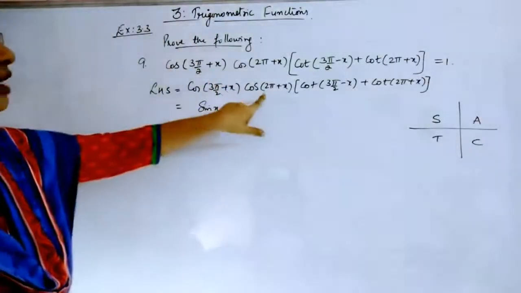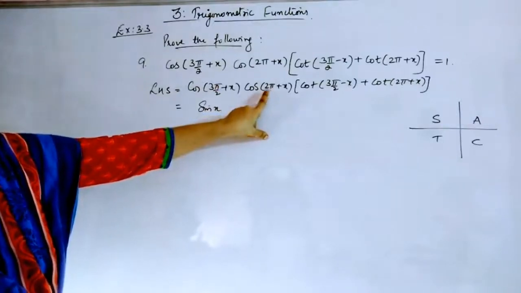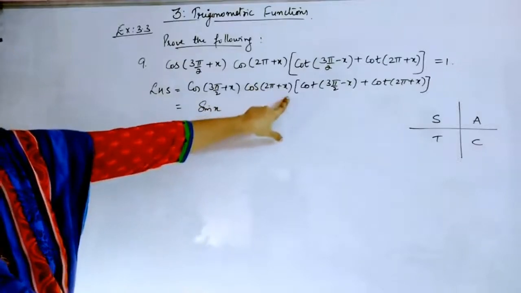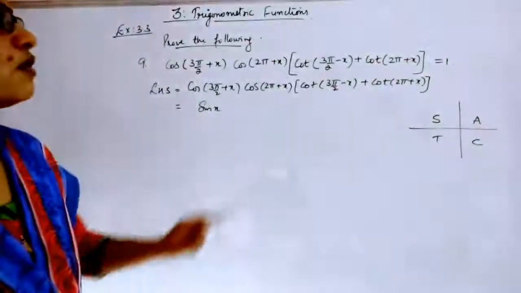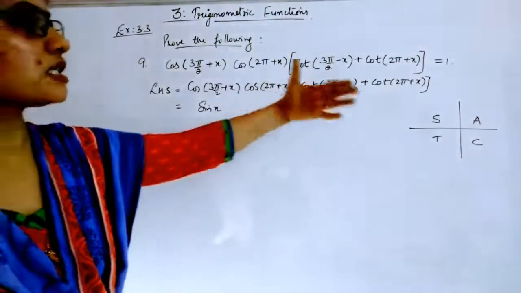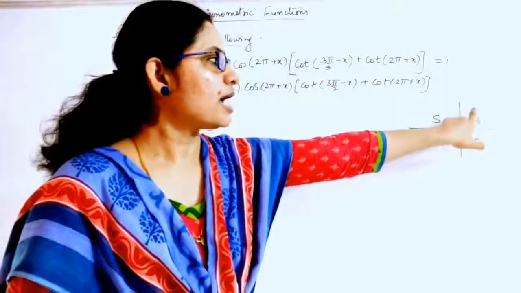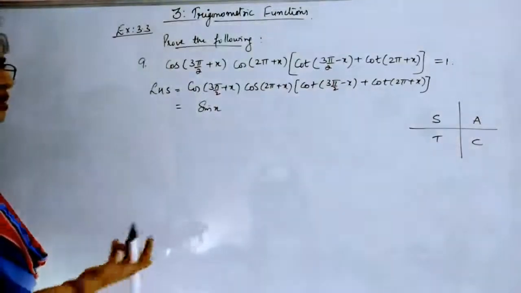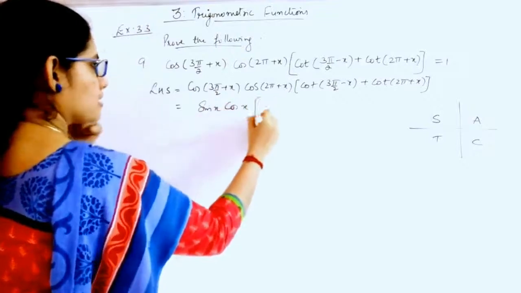Okay. Now for the second one, you have cos of 2 pi plus x, that means it is an even multiple of pi. So multiple of pi will give you the same thing, that is you will get cos of, but you have to look at which quadrant 2 pi plus x is in. So 2 pi is still this, that means still fourth quadrant, and plus x will give you the first quadrant, and in the first quadrant everyone is positive, so that you will get it to be cos x.